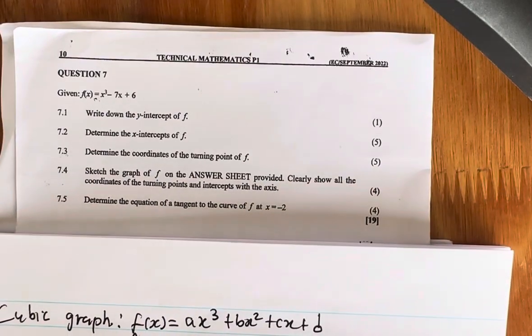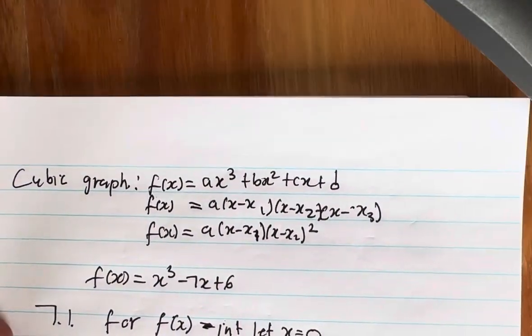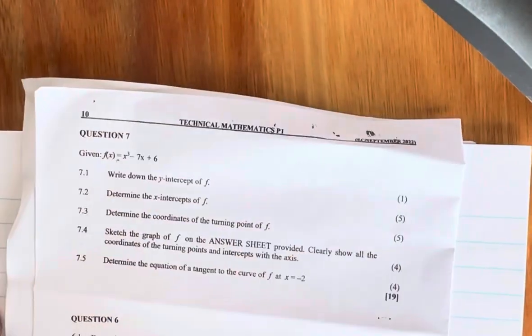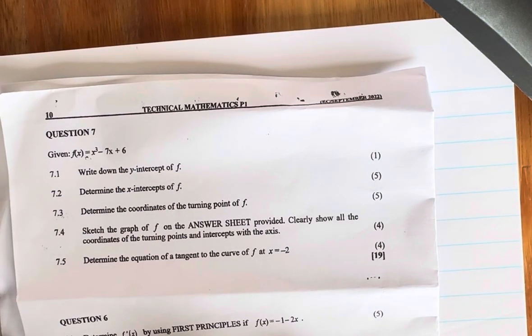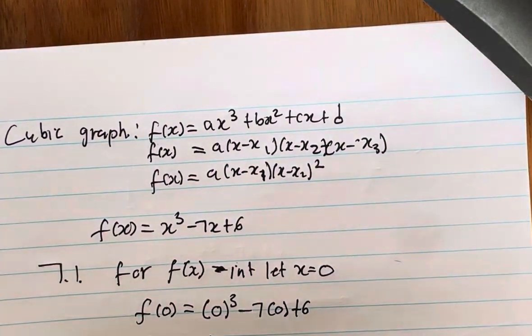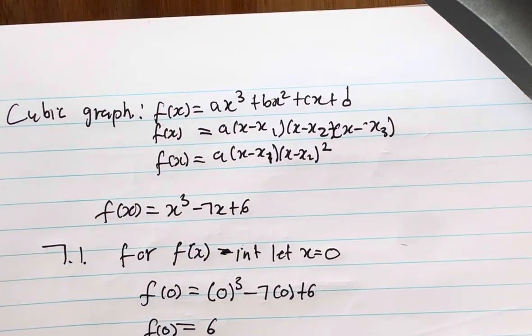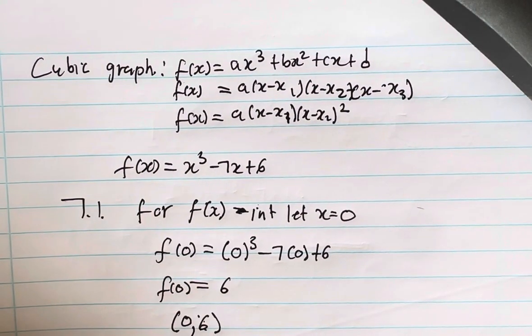Our 7.2 now, it says determine the x-intercepts. It requires us to determine the x-intercepts. The question says we must determine the x-intercepts. So the first thing, when we determine the x-intercepts, we have the equation there. There is our equation. For 7.2,